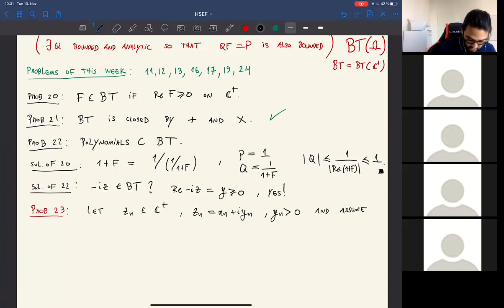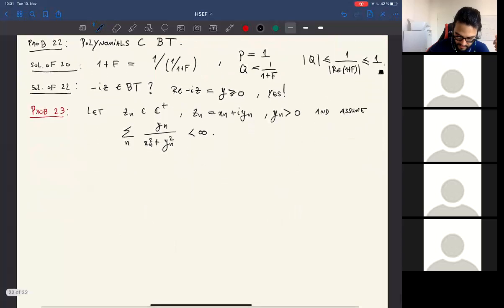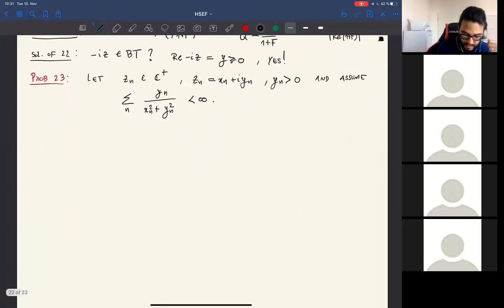a certain convergence condition, which looks like just half of the condition for Pólya class. In the Pólya class, we had 1 plus yn in the denominator. And assume that this condition holds. Okay, then